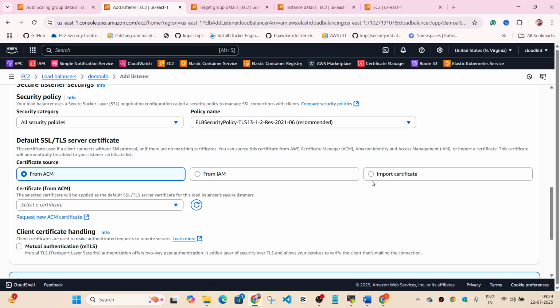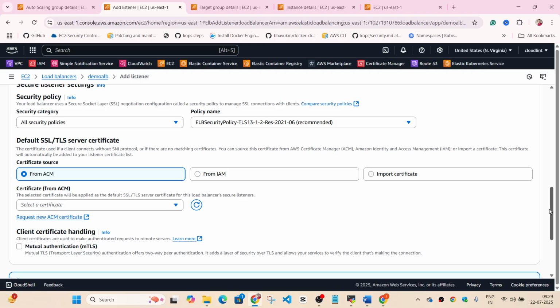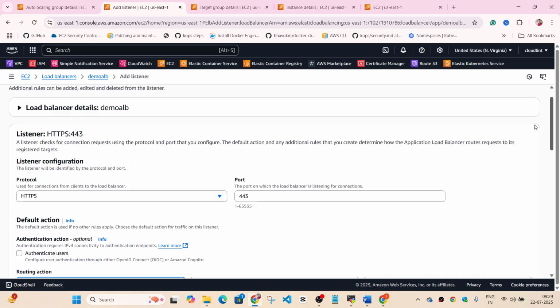In my last organization, we used to import the certificates from another vendor called DigiCert. Okay, so we used to import the certificates to AWS Certificate Manager and then use them here. But we can use the certificates from the Certificate Manager service in AWS also. And here you can choose all the certificates. I do have two certificates, but these are not working at the moment, so I'm not going to use them. But you can attach the certificate in this way. Okay, just wanted to show you.